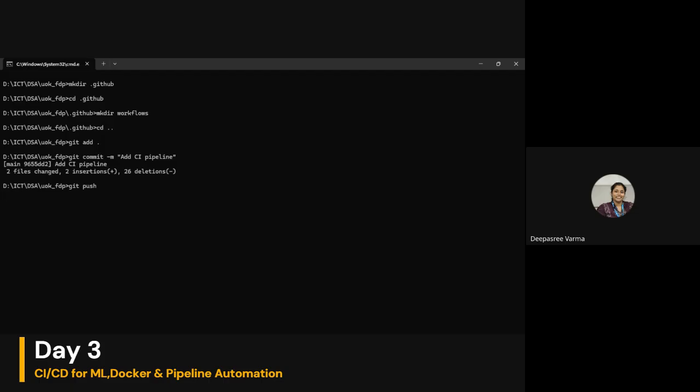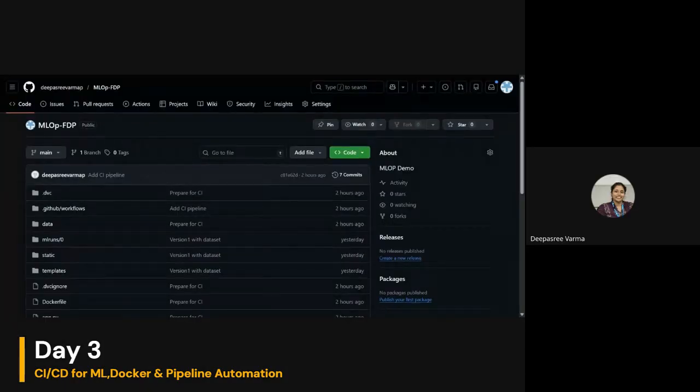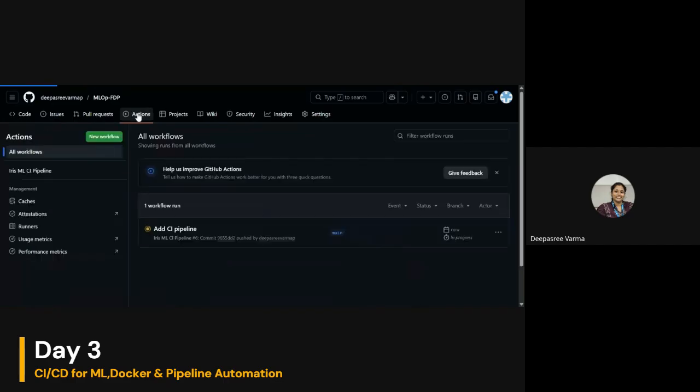Once you do the git push, just take your GitHub page and see. Inside there is a tab called Actions.